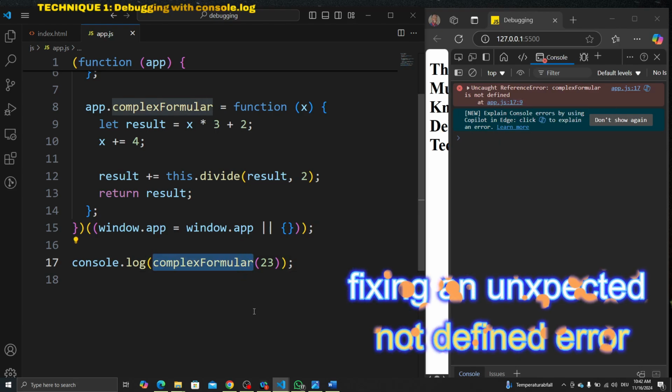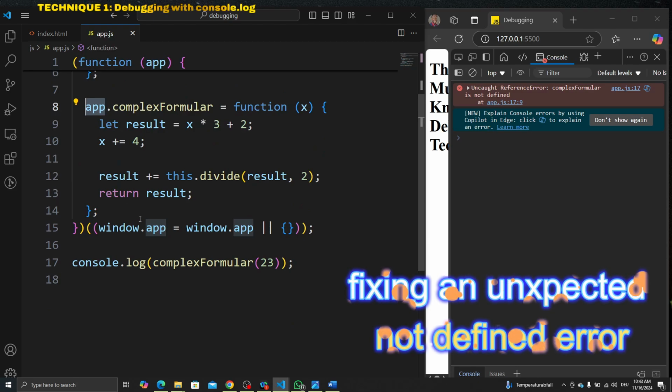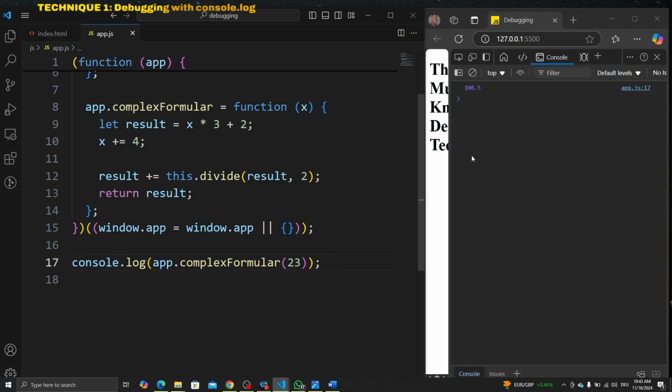Oh, you said, why? But I have complexFormula. The reason is because complexFormula is in the app IIFE function. So to access complexFormula, you have to call on the app. So we can see app.complexFormula. If I save, we have 106 in the result,